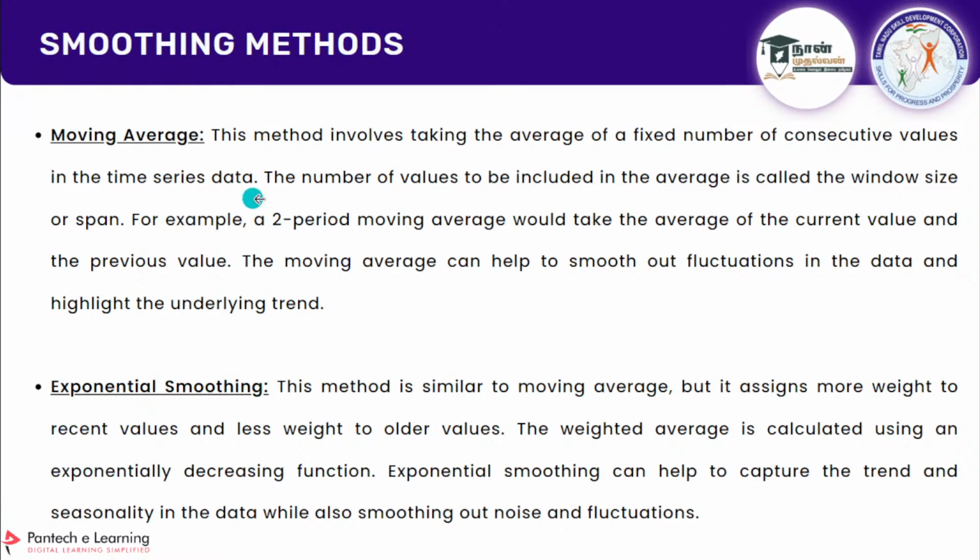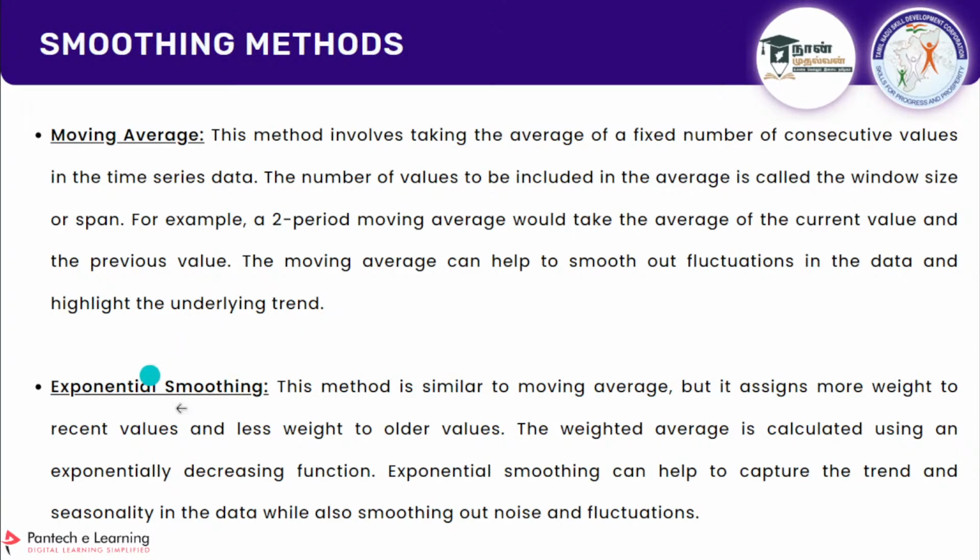Understood guys about the moving average? Is it clear regarding this? How is this moving average working? If the window size is 2, then your first value will be 0. The second value will be the second value plus the first value divided by 2, and that value will be placed there. The third value will be third plus second divided by 2 and placed in the third place. Fourth will be fourth plus third divided by 2 and placed in the fourth place.